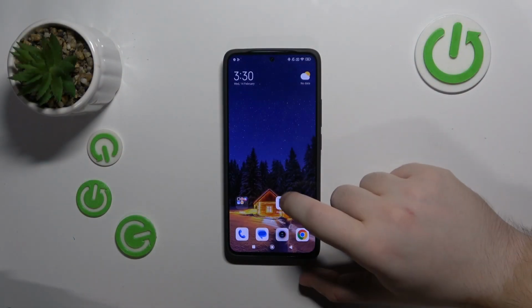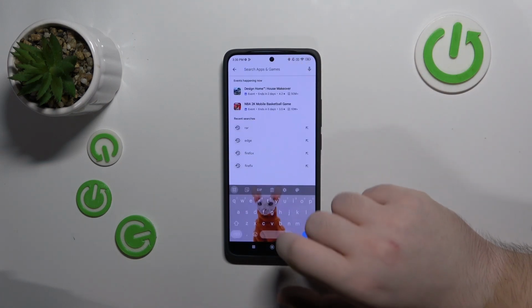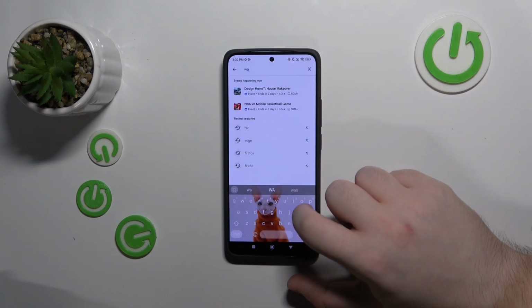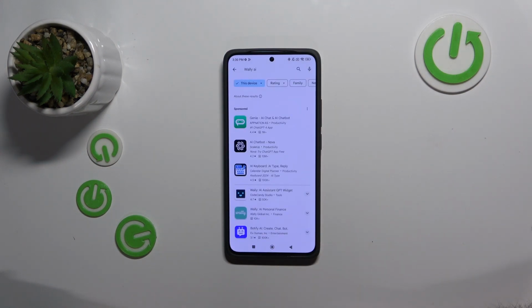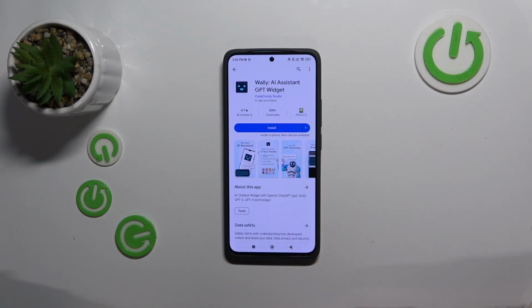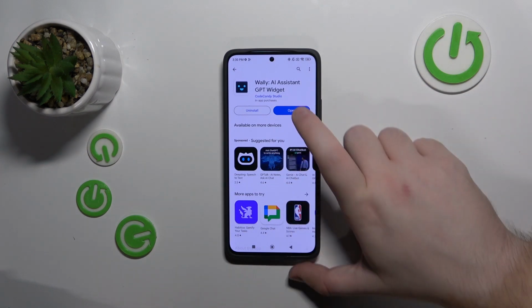So you have to start with opening your Google Play Store, then click on the search bar and type in Wally AI and click search. Now select this application and click install. Now you can click open